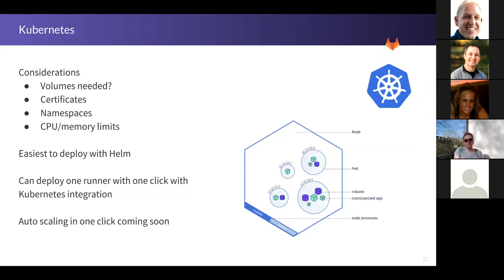And again, both with Docker machine and with Kubernetes, with both of these scaling options, GitLab is handling, as it creates a new runner, registering that runner, right? Does that make sense? So with Docker machine, I'm going to create a new EC2 instance. It's going to spin up. It's going to have GitLab Runner on it, but I'm going to have it installed and registered automatically. Same with the Kubernetes executor. I'm going to spin up the runner in a pod. It's going to be registered automatically. Yeah, there will still be TOML files lying around somewhere, right?